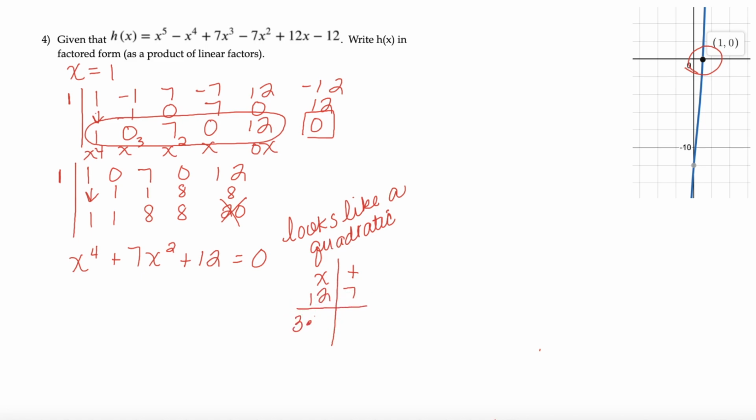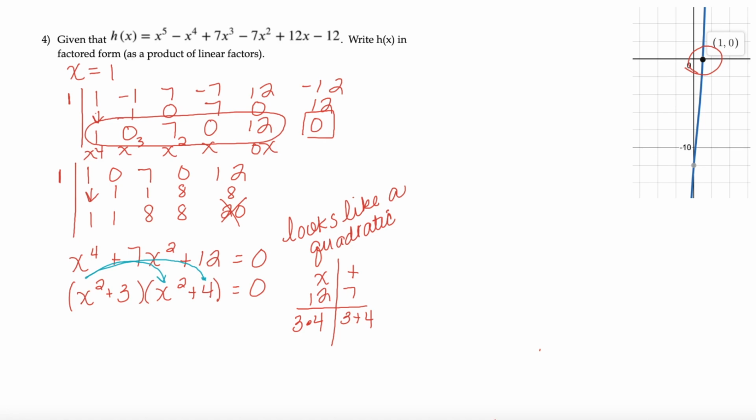3 times 4 works because 3 plus 4 is 7. I can then rewrite this as 2 binomials: we will have x squared plus 3, and we will have x squared plus 4. Now, this might look a little weird to you, but do some side work to verify that yes, in fact, when I multiply these out, I end up with x to the 4th plus 7x squared plus 12, because x